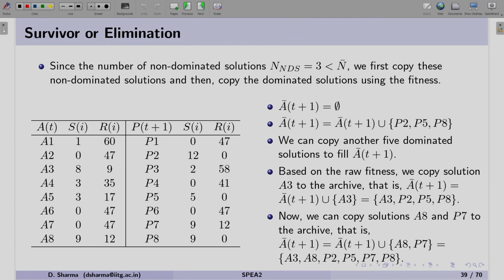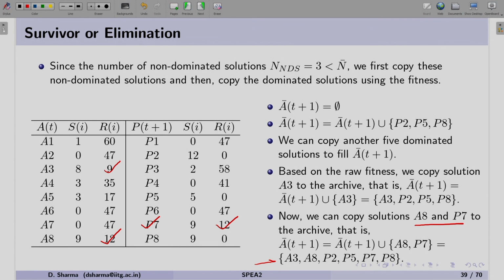Now, we have a space for 4 more. After copying A3, the next best fitness we can see is with solutions A8 and P7, that is 12. Since we have space, we are going to copy these 2 solutions into the archive.